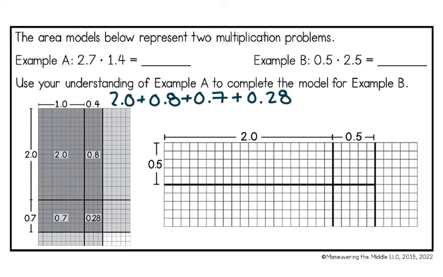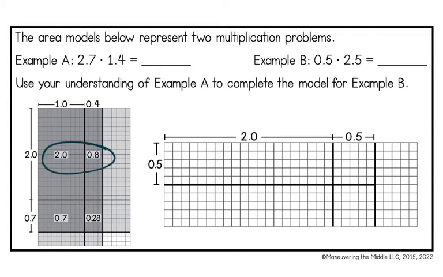I'm going to start by doing 2.0 plus 0.8, which is equal to 2.8. So that combined is 2.8. Now I'm going to do 0.7 plus